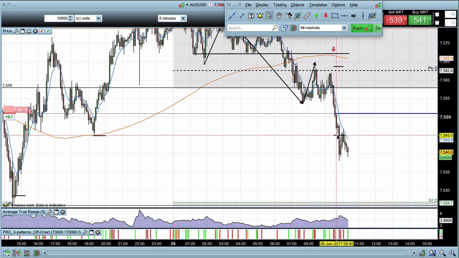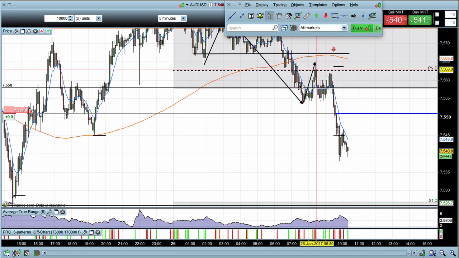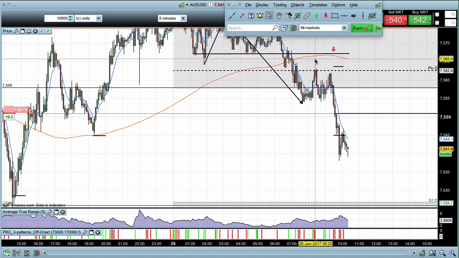However, it seems like we are getting the reaction off of this level here, and the market is now coming down. There's a couple of things to go over with this trade. The first thing is that I was looking for the blind sell up here, as mentioned. However, the market did not reach, let me delete this arrow, the level I was looking for, and so I just didn't enter the trade.